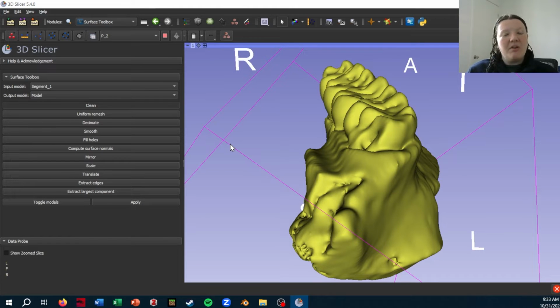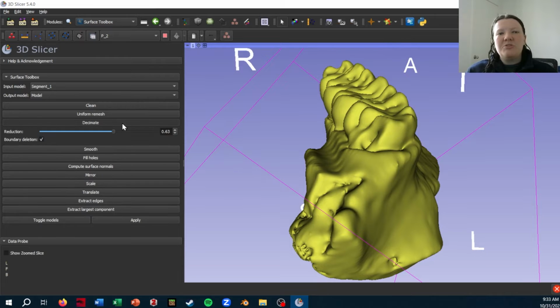The other step I would take before exporting from Slicer is to decimate the mesh. The mesh created from segmentation oftentimes is going to be really, really high poly, and that high poly count isn't necessarily corresponding to high resolution so much as it just might be artifacts or other things. That and really high poly models can end up causing problems later down the line, so even a sort of low level decimation can help a lot. So say I want to decimate this model to 70%,